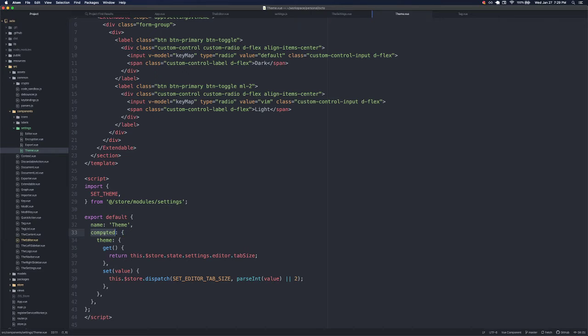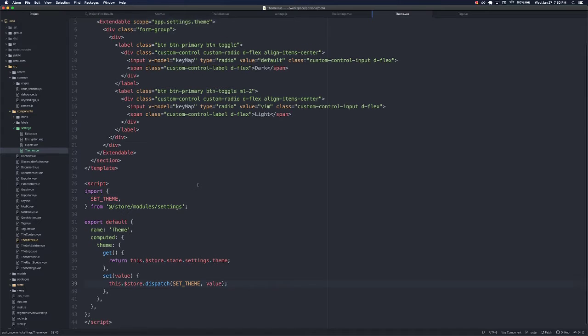And so what you do is, instead of writing a normal computed or a normal data property where you bind it using v-model, you write what's called a computed getter and a computed setter, and that allows you to pull the data, read the data from the store, but then to use actions, trigger actions to actually update the values. So what we're going to do is these are going to look pretty similar, except instead of settings.editor.tabSize, it's going to be settings.theme, right? We're pulling that value as a string. And then we're going to be dispatching setTheme, and the value is already a string, so that's not a big deal. And it's going to be whatever the value is. And this is just the param that gets passed in